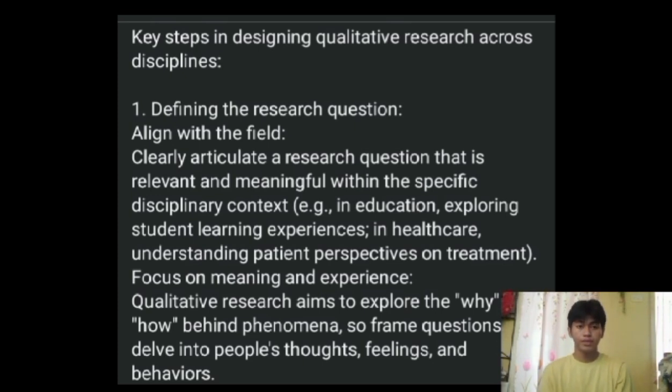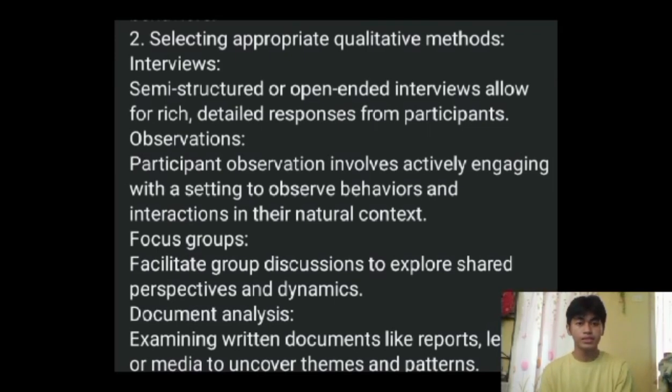Like in education, exploring students' learning experiences. What are the experiences of students in school or in their learning? Now, in healthcare, understanding patients' perspectives on treatment. So, that's it. And then the second step to design a qualitative research in a disciplinary field is you need to select